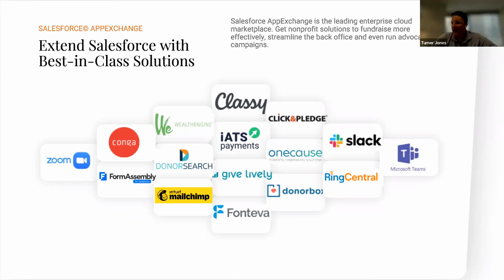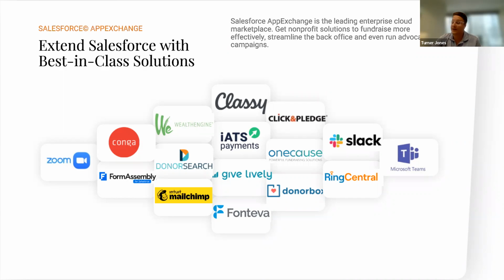All right, so Chris mentioned this, Chris and Brenda, when we were going through the case studies, but Salesforce has a ton of integration partners. Currently there's over 5,000 AppExchange partners on the Salesforce AppExchange. And a ton of them are free, especially for nonprofits. If they're not free, Salesforce really encourages their partners to offer discounts to nonprofits.